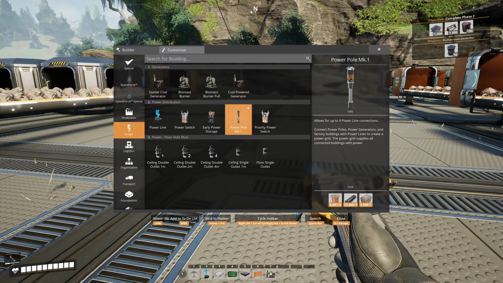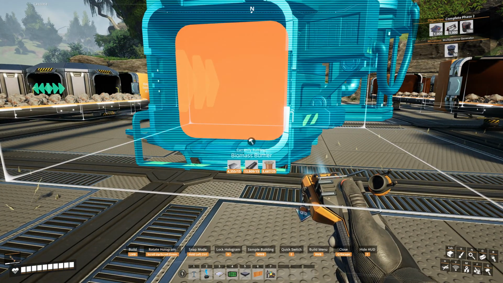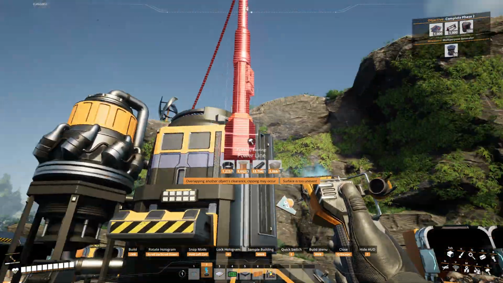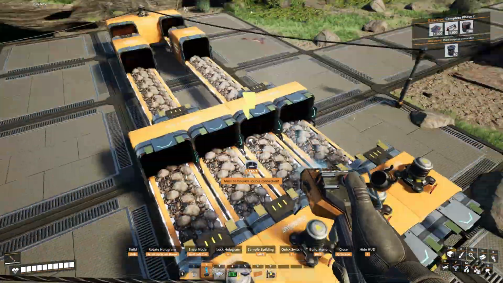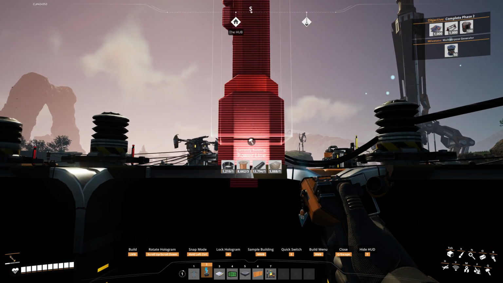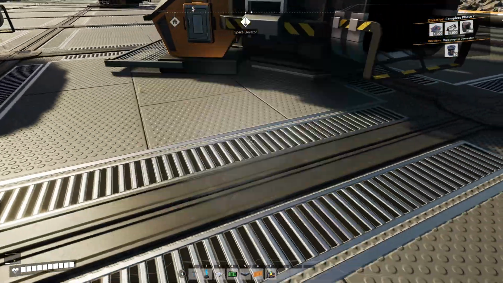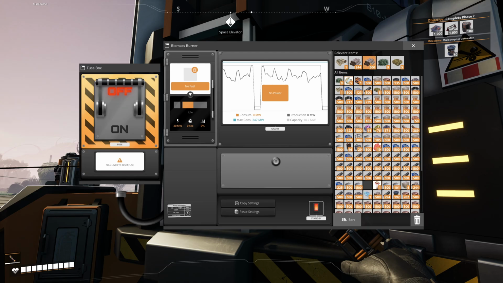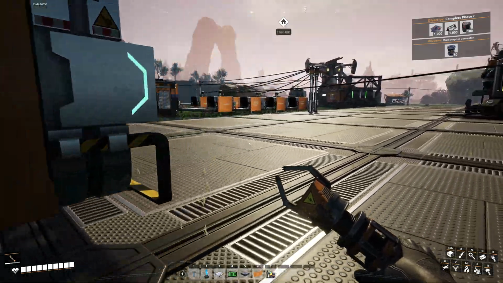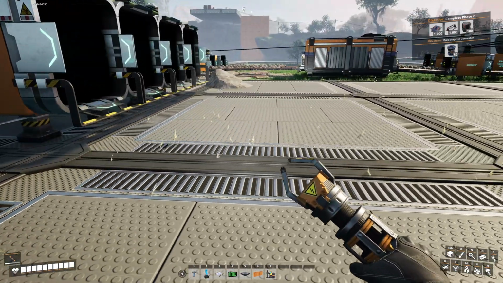No, come on now. Just do this one. I know these are probably wireless, but I'm just going to connect them up for my sanity. Put 500 in there. Once it comes out of the smelter,